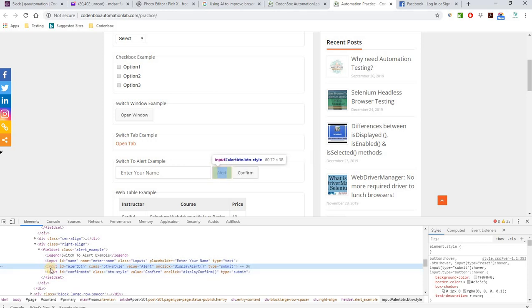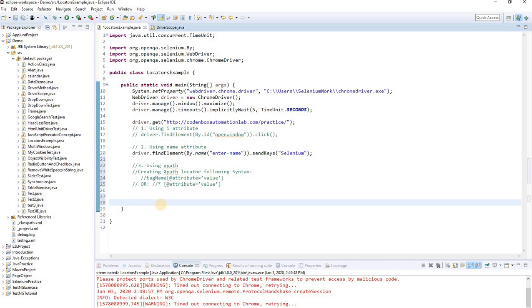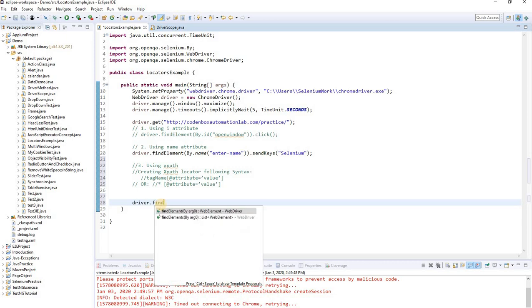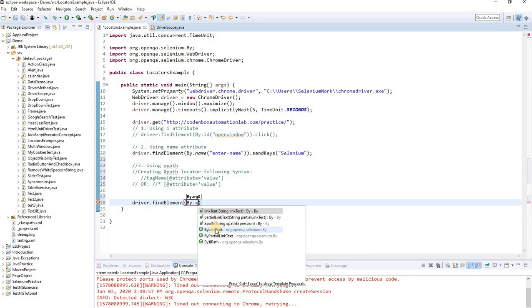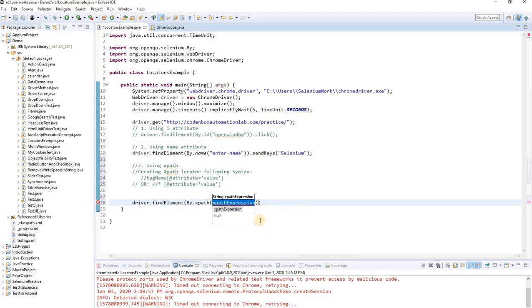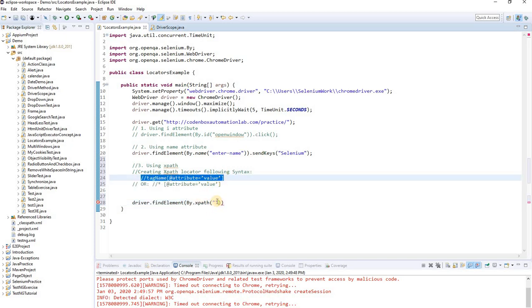So let's see the input, and we'll use ID. Let's copy the value of the ID, and we'll say driver.findElement by, how are we going to locate, by XPath. It also expects a string value. What's our syntax? We follow this syntax. We put the double forward slash. What is the tag name? The tag name was input,